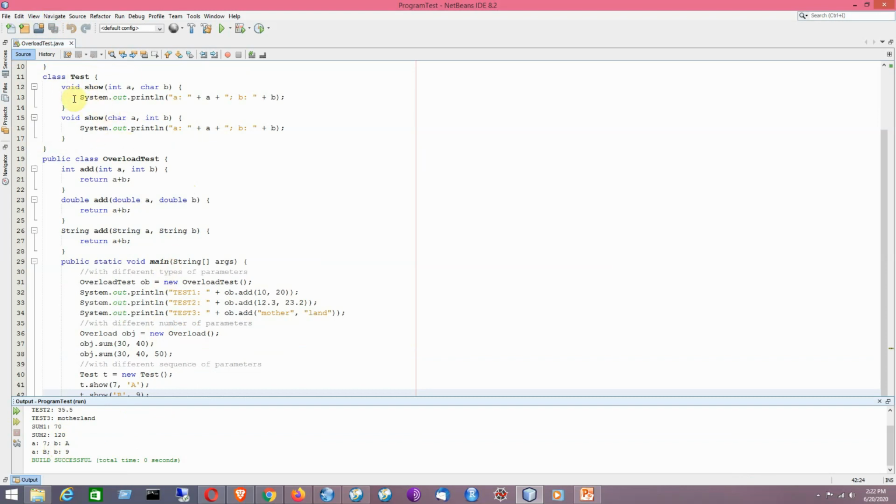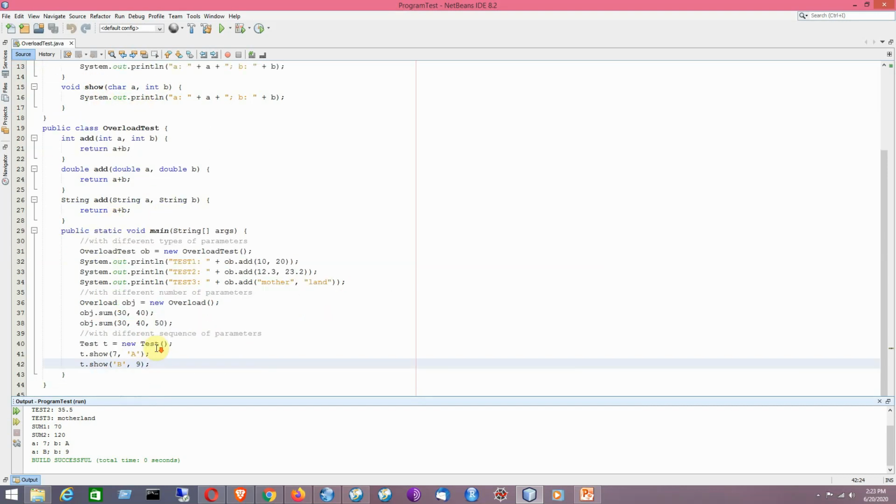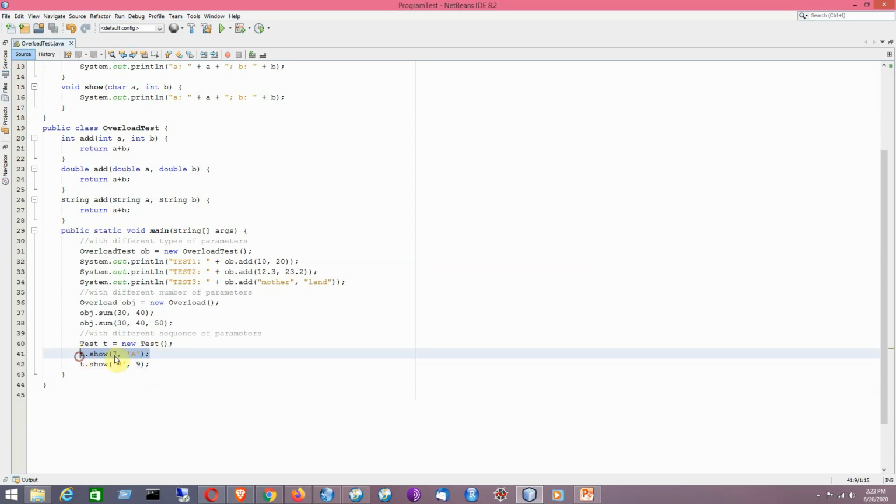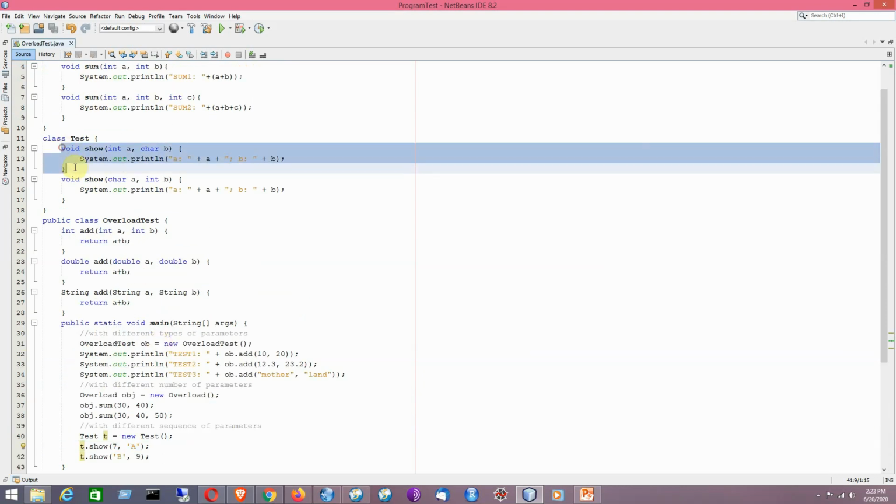Just have a look at it. We have a new class named Test. It has two overloaded versions of the show method with a different sequence of parameters, like int followed by char and char followed by int. So a particular method call will determine which version of the overloaded method will get called. If you have a method call like this, it will call the first version.